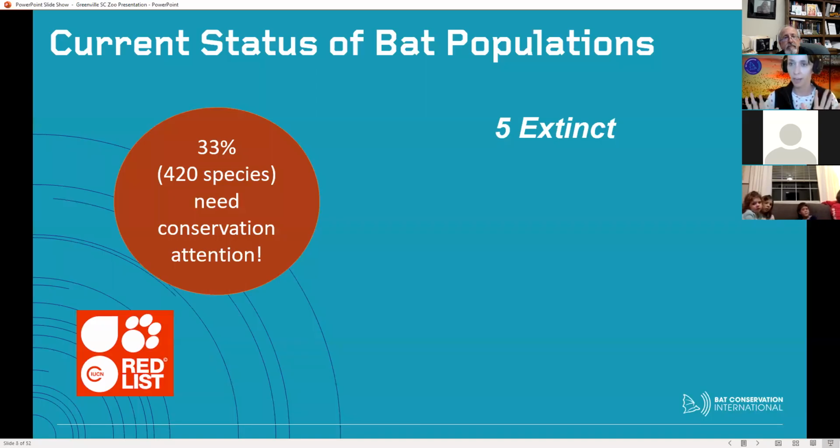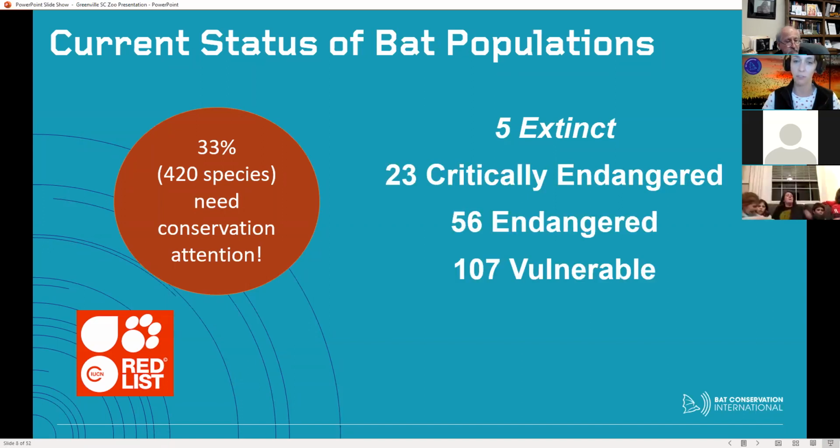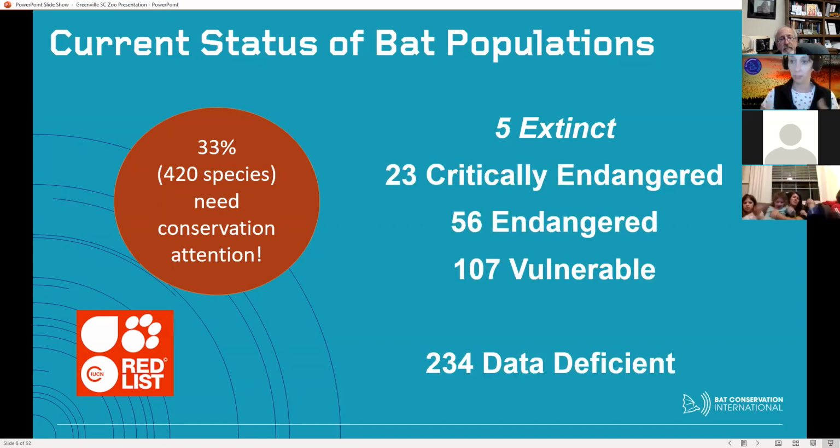So I'm going to throw some numbers at you. You don't have to memorize these. I'll just go over the general point. There's this thing called the IUCN Red List. It's a worldwide list of different species and what their status is. So within bats, over 1,400 bats, there's 5 that are actually extinct. Those are not counted in the 1,400. But you get 23 that are critically endangered, 56 are considered endangered, 107 are vulnerable, and then 234 are considered data deficient. So you add all those numbers up, you get about 33% of the bat species in the world